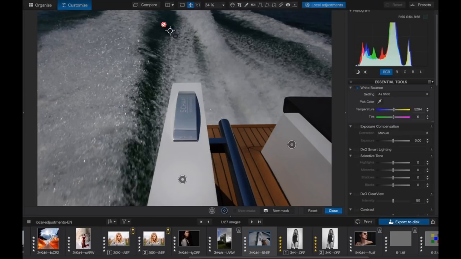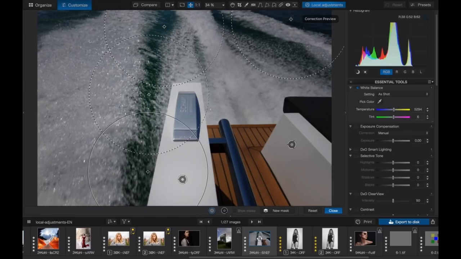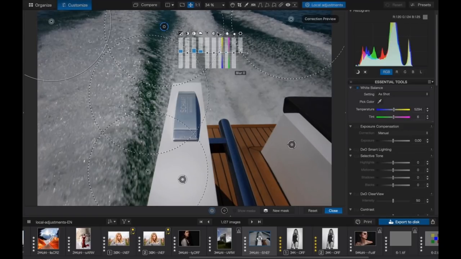Coming to a new mask, we're going on the water parts. This one we might have a little bit lighter. Here we want details in, using micro contrast and clear view, for example. And now picking with our viewpoints only these colors out, and getting this part affected. And if I now would by accident